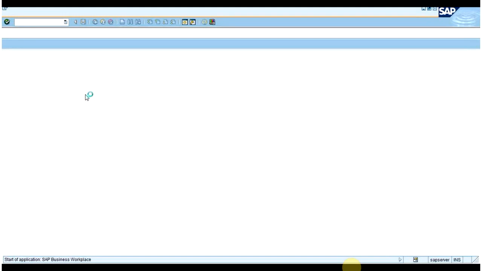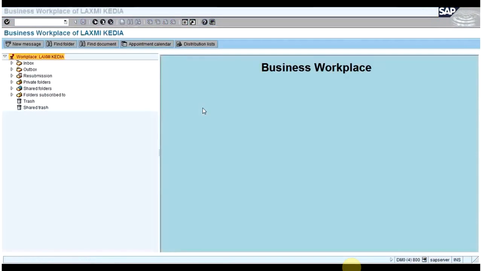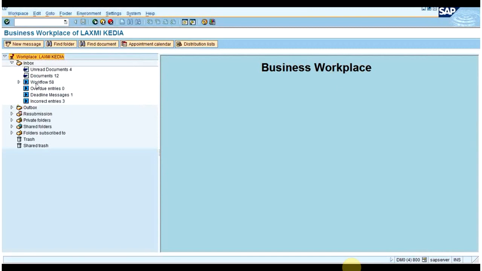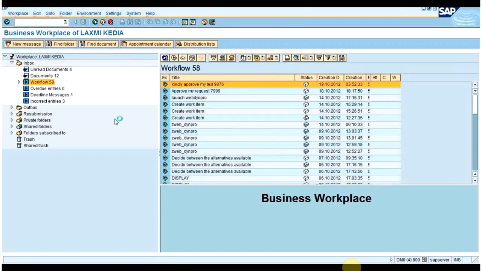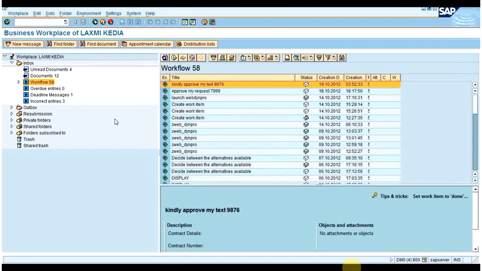You can see here 960937. This work item ID has been generated, and it means the workflow has executed successfully. Now I will show you the sales order which we have written. Let me first copy the sales order number, 000009876.